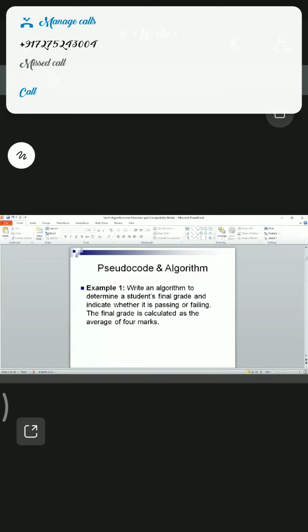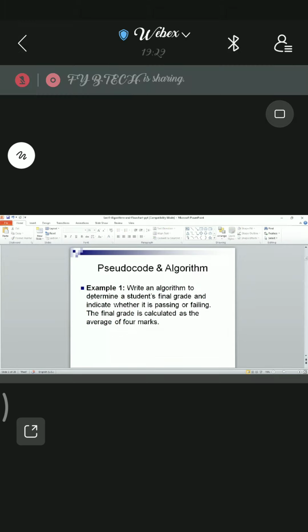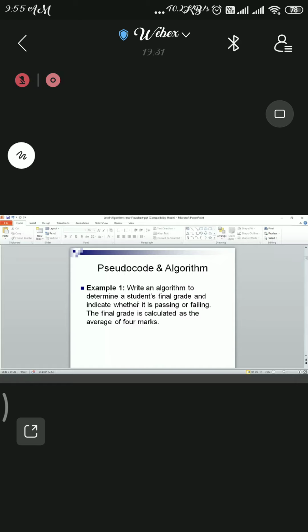For example, write an algorithm to determine a student's final grade and indicate whether it is passing or failing. The final grade is calculated as the average of 4 marks. We have taken an example here. You have to write an algorithm to determine a student's final grade, and indicate whether they are passing the examination or failing the examination. And the final grade is calculated as